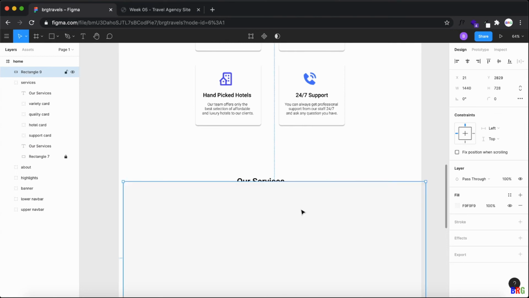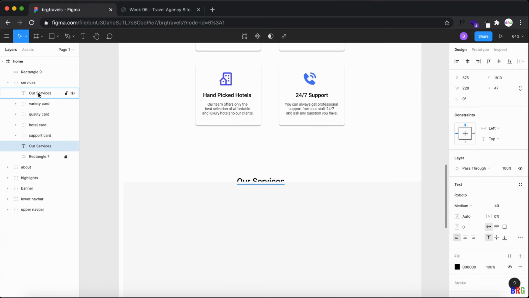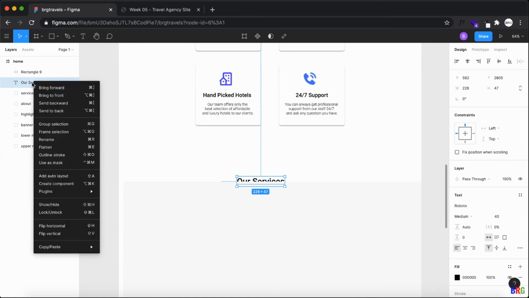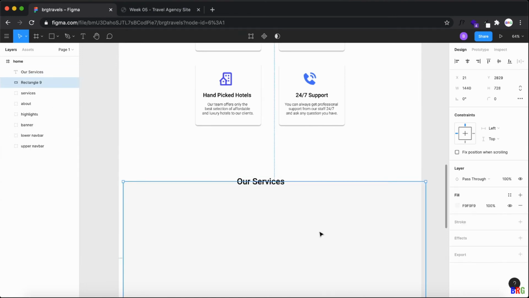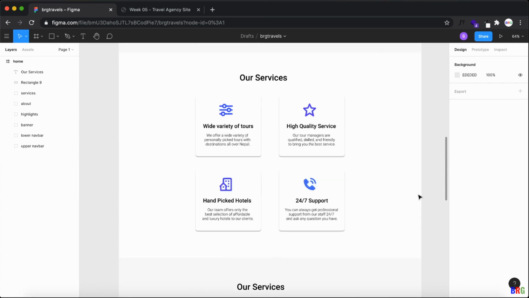Still not coming. Yeah, I need to get it outside of it first of all and then bring to front. Okay, now this will come properly. I need to manage. Yeah, now it's properly managed. It is being properly our services.